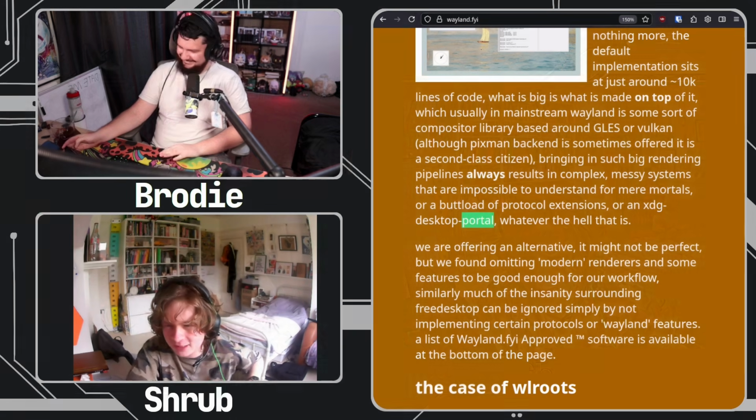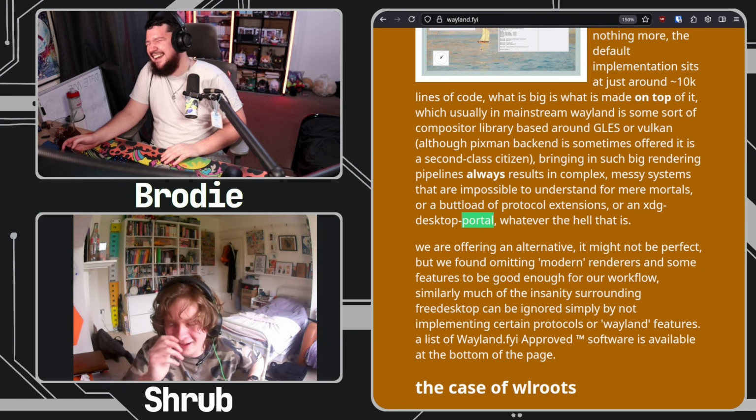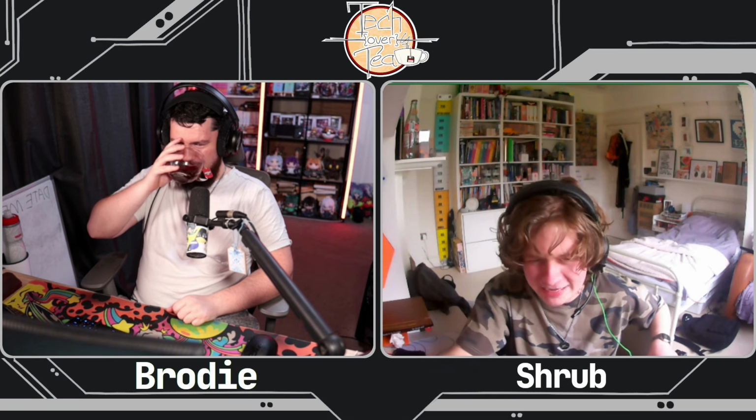One of the things that was brought up in Wayland FYI was regarding desktop portals. So a desktop portal is some kind of satanic interface. I don't really understand what it does. Right. It's something about, they use dbus in some way to take your screen with Pipewire, and then there's a dbus interface, and in some way that lets you screen share on Discord using dbus and Pipewire and a desktop portal.